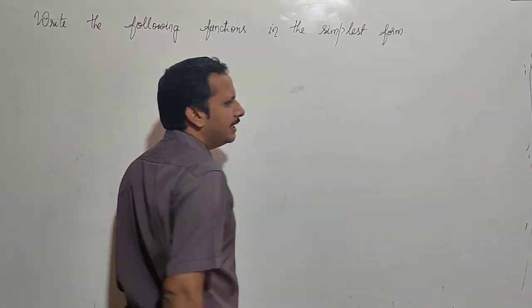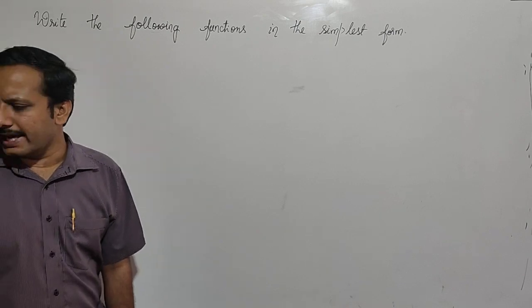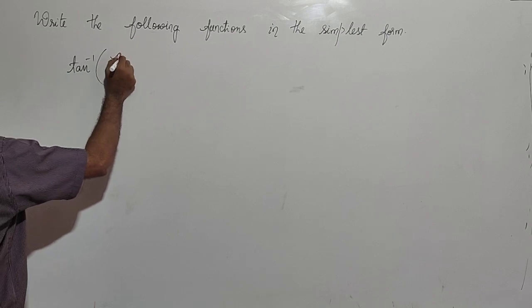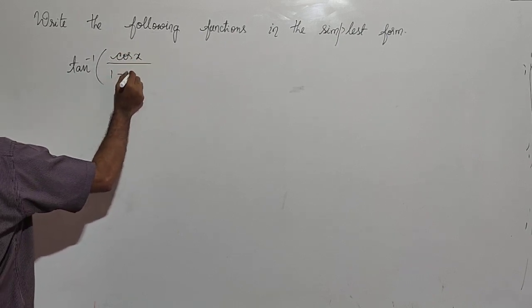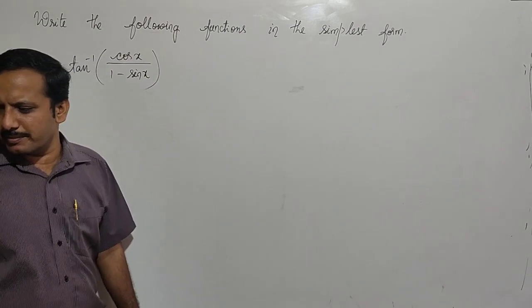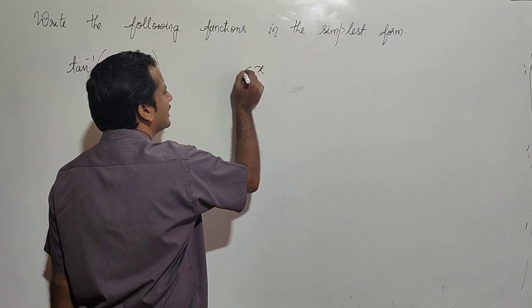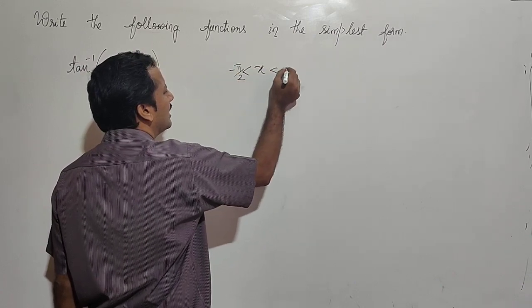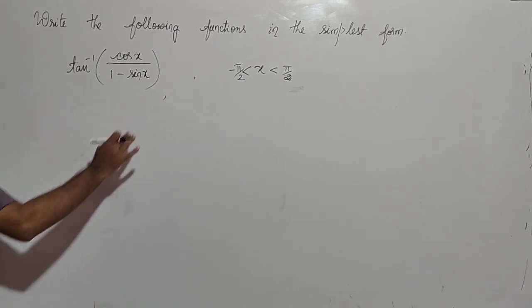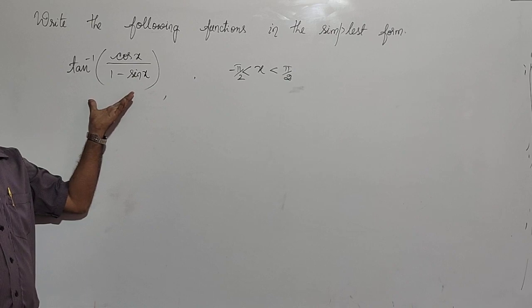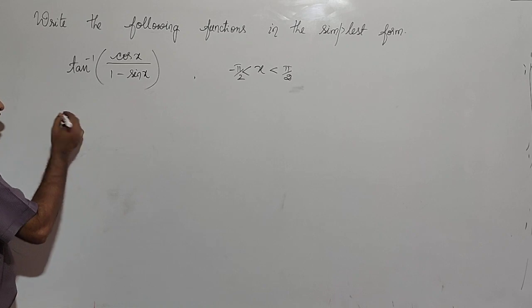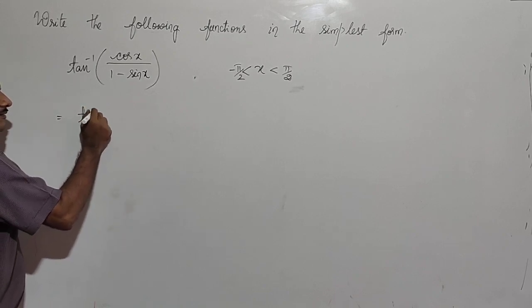Okay. In that, the first question is tan inverse of cos x divided by 1 minus sin x, whenever x is greater than minus pi by 2 and less than pi by 2. So now we have to express this inverse trigonometric function in the simplest form. How can we simplify this? That we shall discuss. This is equal to tan inverse of,